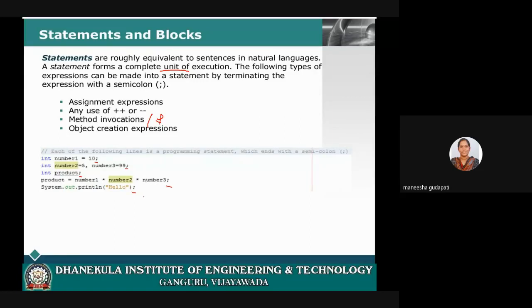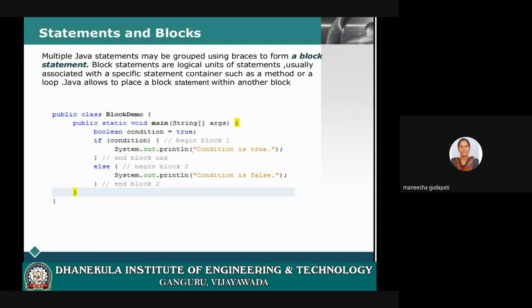This is a must. Next, if you have blocks, if you open the curly brackets, that block should end with a termination symbol again. A block indicates related code. It may be a function block, a conditional block, or a loop block.